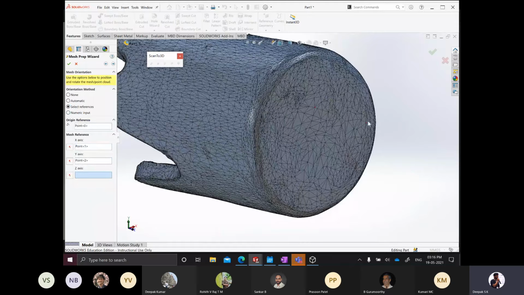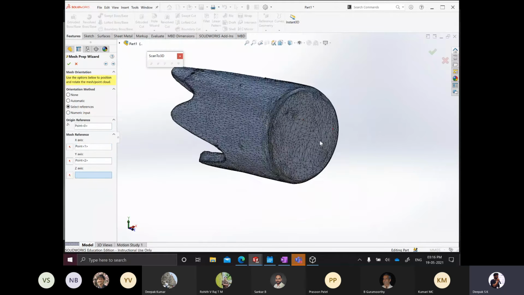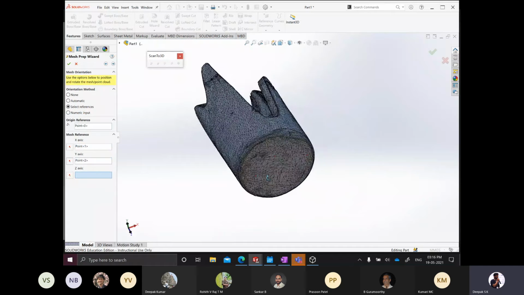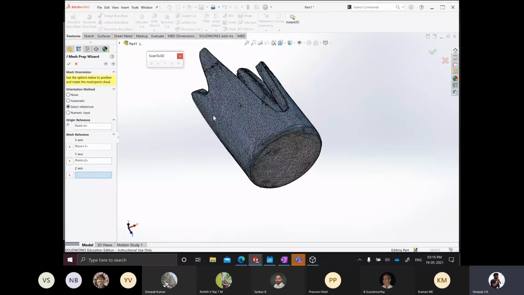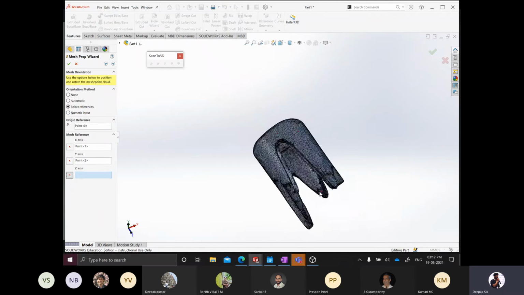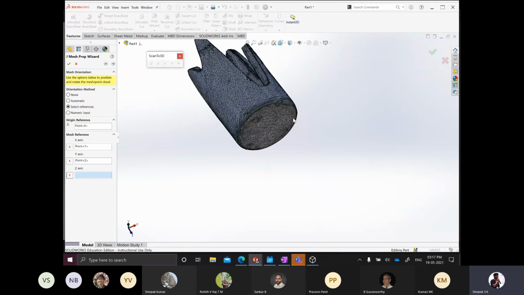don't know. So the origin, x-axis and y-axis may not be at exactly 90 degrees, but what the software will do is try to make a best approximation and then make a 90 degree axis with that. And how you can check that you have done this correctly is that it will automatically take the z-axis. Since you have given x and y, it will automatically take the z-axis. Or you can orient the product either in the positive z-axis or negative z-axis. So if you click here, you can see that the product is flipping downwards, which means that the origin point, the x and the y-axis have been plotted correctly.